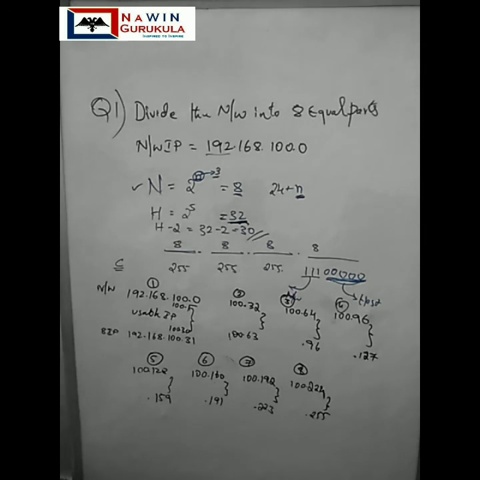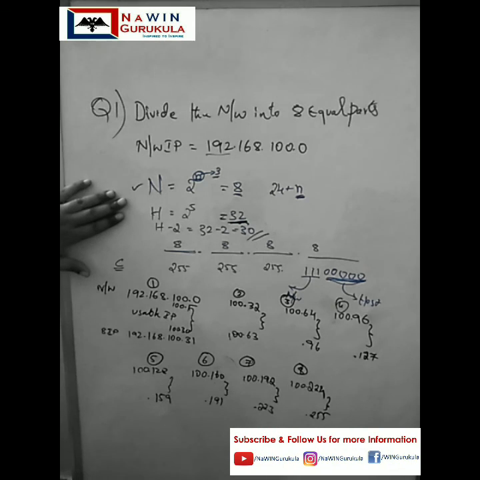We'll be connecting back in the next video regarding the next problem, that is 200.200.200.0, and how to assign addresses with a variable subnet mask. Presently, this subnet mask is a fixed length subnet mask. Whatever we have discussed is called a fixed length subnet mask. The next problem which is assigned is based on variable length subnet mask, so I'll be discussing that in the next video.